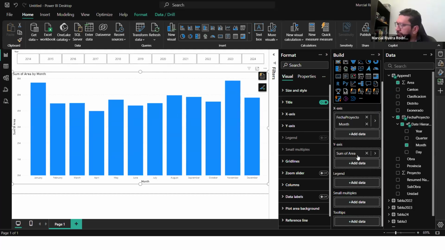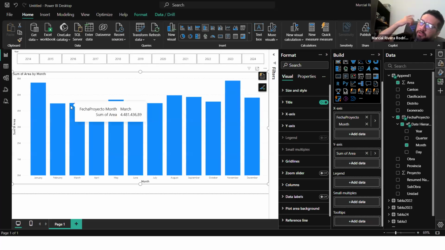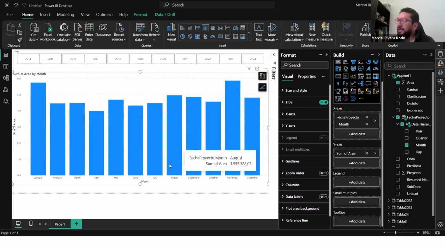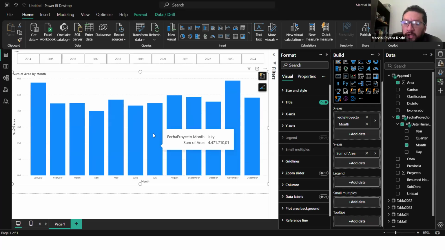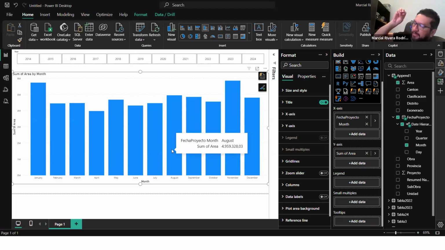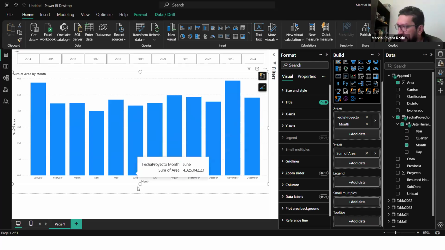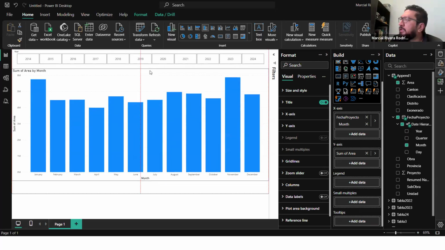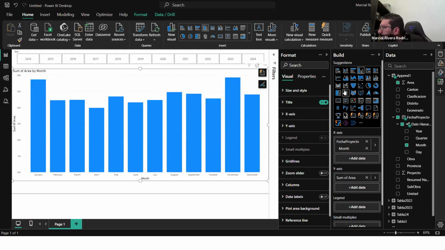Okay, I can use all these different parts of the build of the chart to put different information. And for example, I can put here information about the province, or I can put some more information. What we are looking for normally is to have it very simplified so that with the buttons of the slicer, you can choose how it looks better. So in this case, let's do it easier. Let's just keep this cluster column chart,